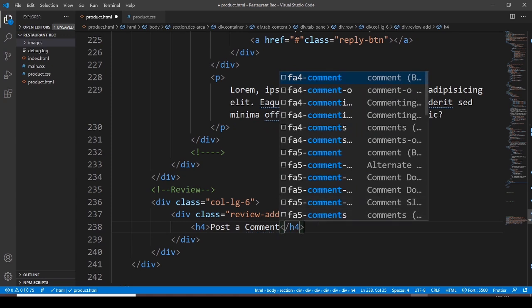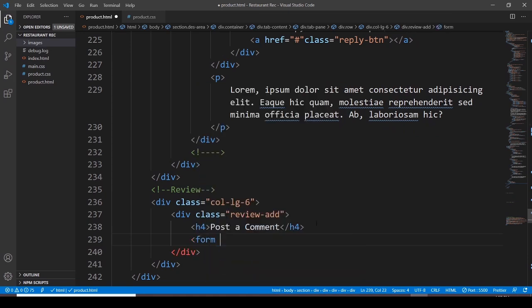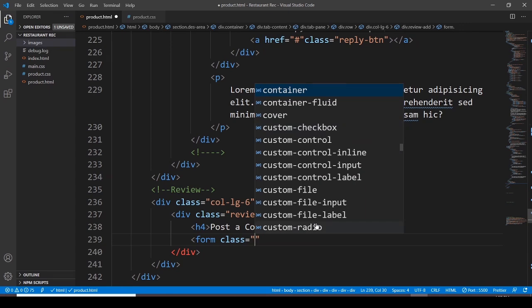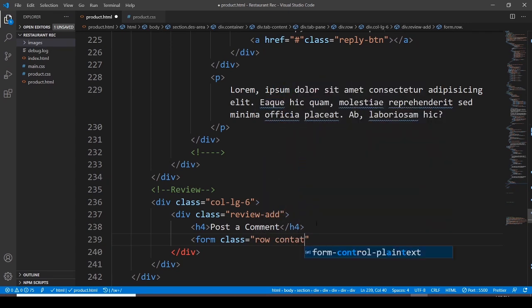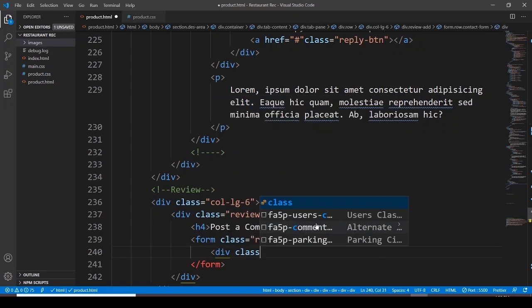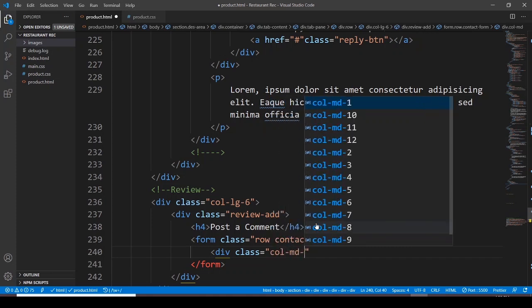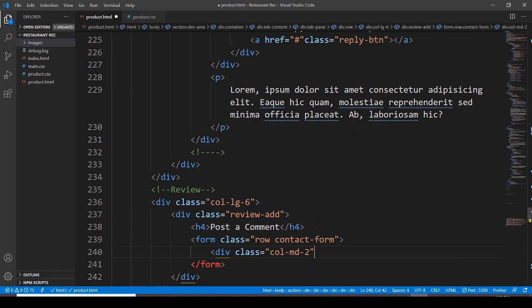and then we have to go with the form element, assigning it a class. The class is going to be row, and contact form. Then we have to go with the division, assigning it a class, and this class is going to be column medium 12,